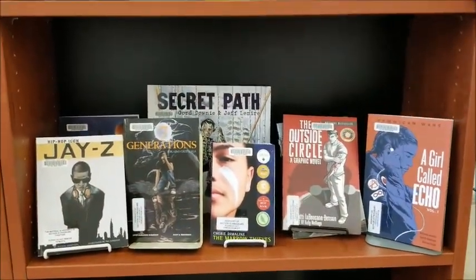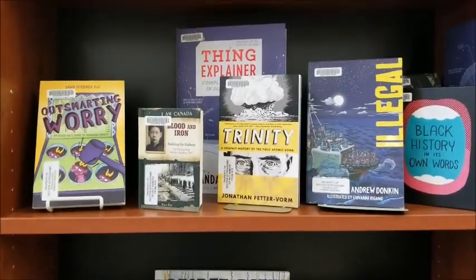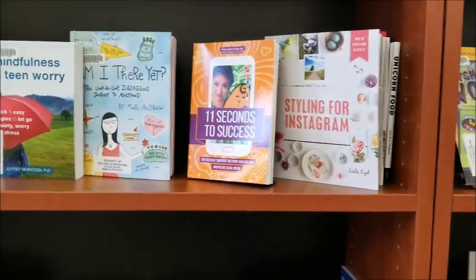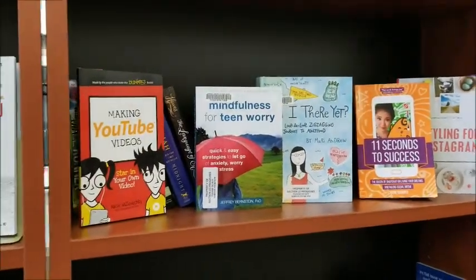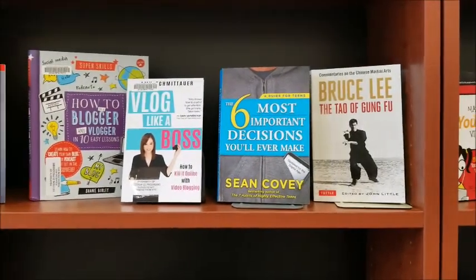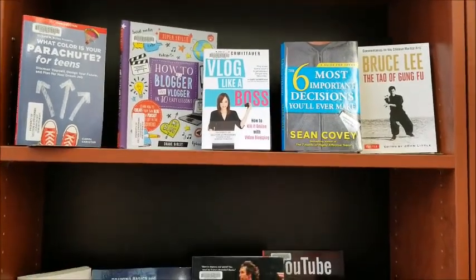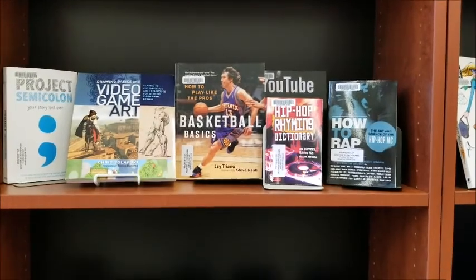poetry, possibly plays and lyrics, and also books that students may be interested in reading about their social emotional health, and possibly books that help them think about their future and plan for their future. So basically what we want to do is, for that daily independent read, you want to have enough choice and selection. So the students are not saying to you, I have nothing to read, or there's nothing there for me